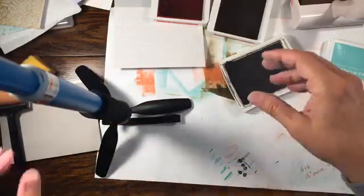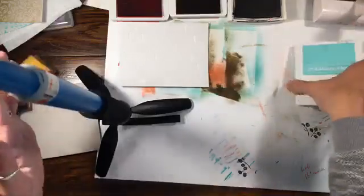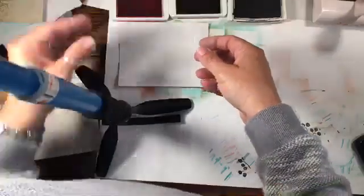This is like wax paper resist, Julie. So if you're looking for ideas, I would look under wax paper resist. That's what I call it, and I'm fairly certain that's what you would call it if you were looking for it somewhere. So let me see. 1,